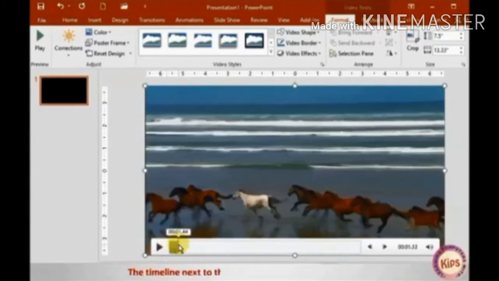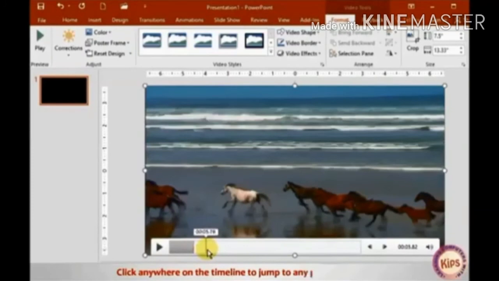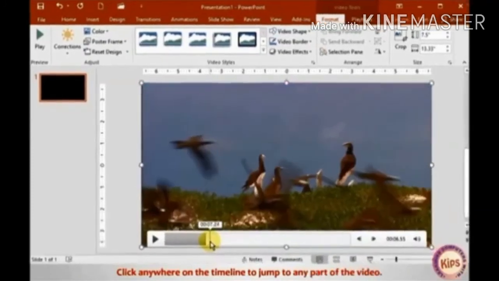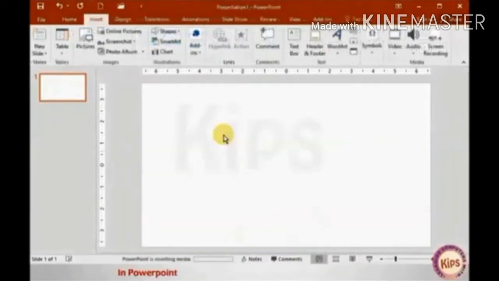The video will start to play, and the timeline next to the play button will begin to advance. Click anywhere on the timeline to jump to any part of the video.